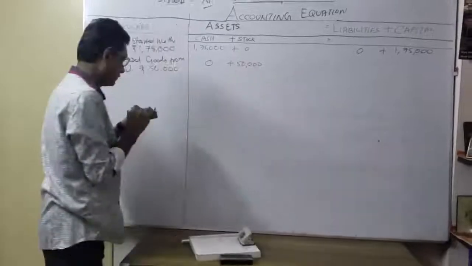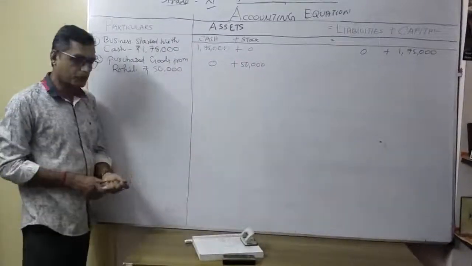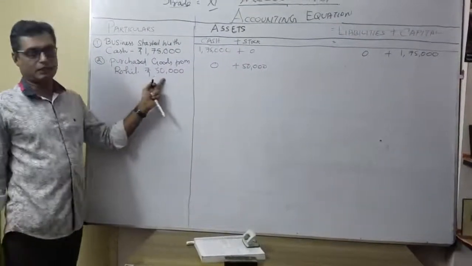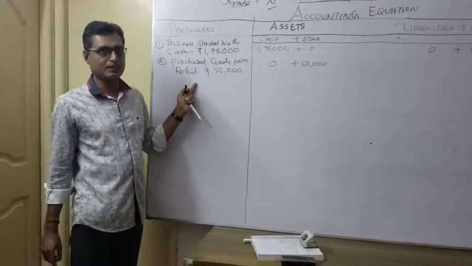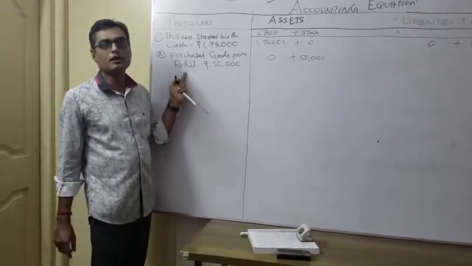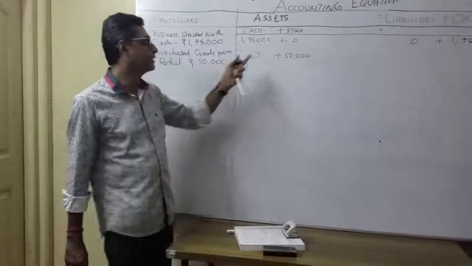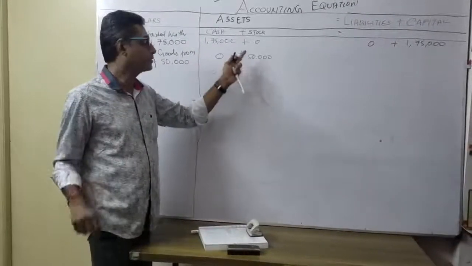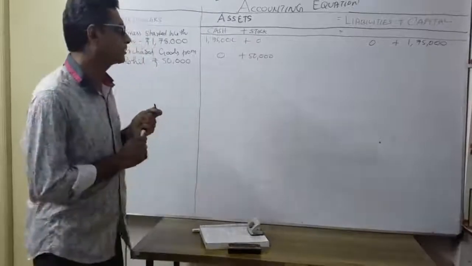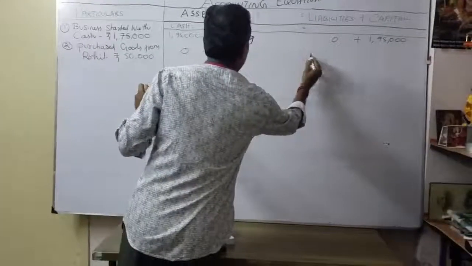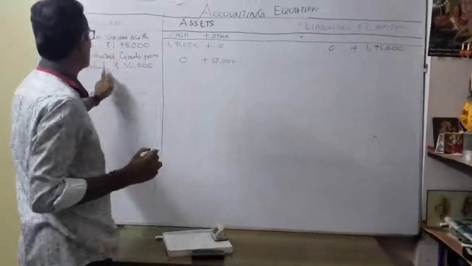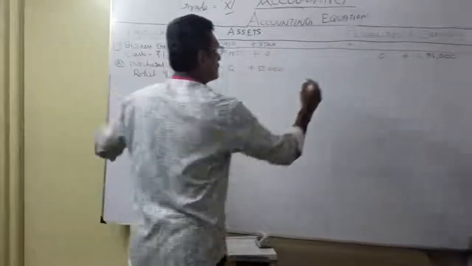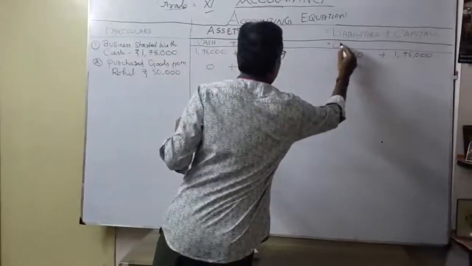Okay. So here also I am putting 0. Now understood how I put it? So purchased goods from Rohit 50,000. Here there is no cash mentioned. That's why purchased from Rohit on what? Credit basis. That's why as a purchase coming under stock, correct? We got goods. We have to keep it like a stock. Okay. Thereafter, what happened here? This 50,000 from Rohit. Okay, so he is called what? Rohit here is called what? Creditors.